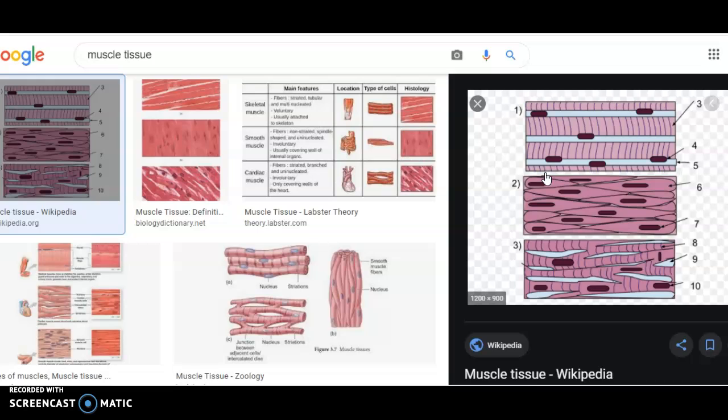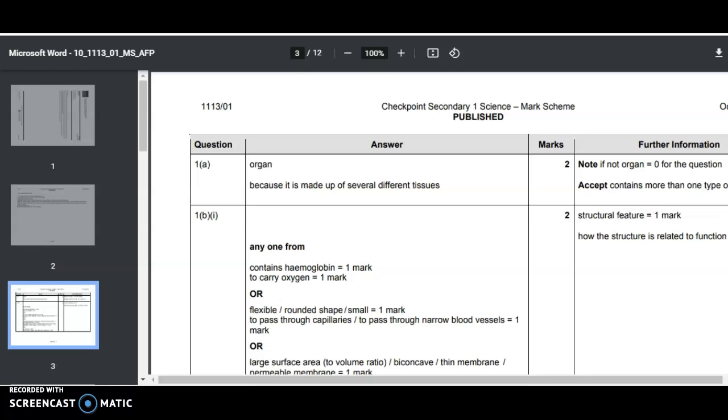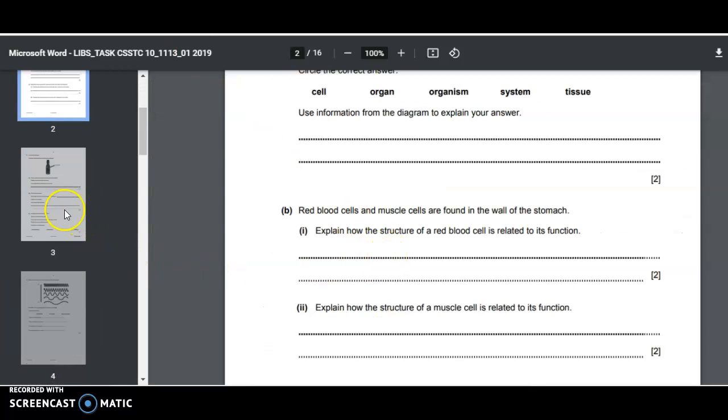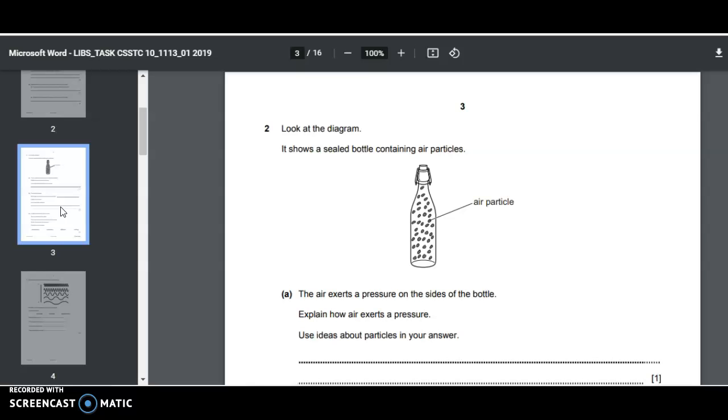If you look here, there's many different ways of representing the muscles, but we first have smooth muscle. Again, we can see that they are fibers and they are long, they are muscle, so they are strong. So they are strong, long fibers, which help, of course, with contraction and relaxing. So that is how the function is related to their design. Long, strong fibers that can contract and relax. Now let's move on to the next question. I think the next question here was